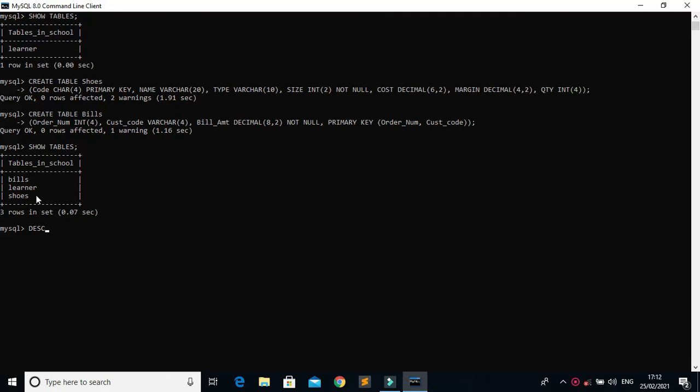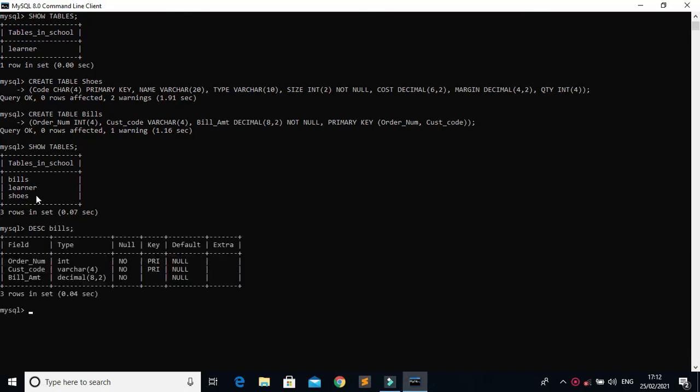Let's see one by one. DESC bills and semicolon. When we press enter, we will see the structure of the bills table: order number, its data type is integer and it's a primary key. Customer code, its data type is varchar and primary key, and bill amount is decimal.